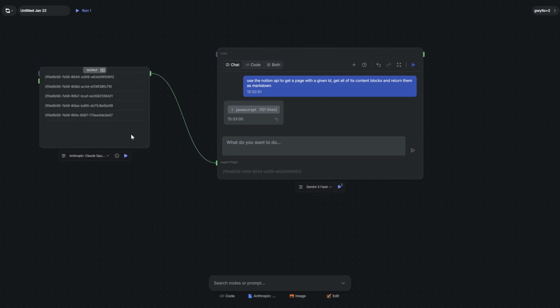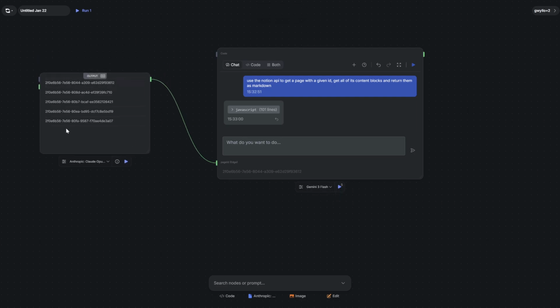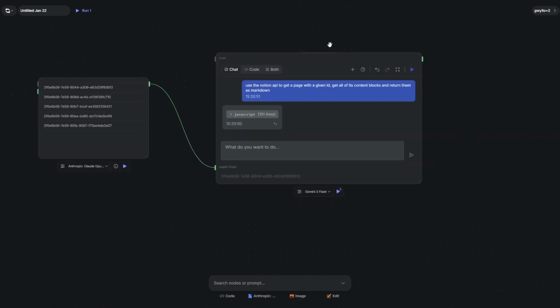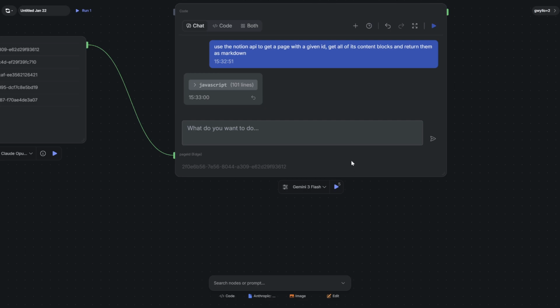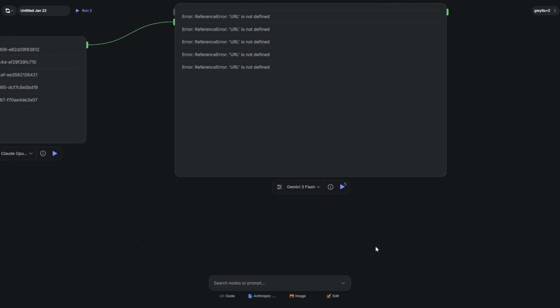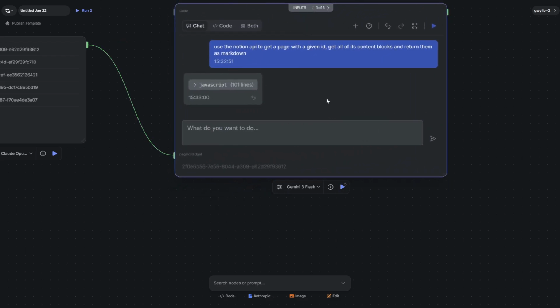And something that's really nice about Runchat here is we've got 5 pages, and with this node we don't have to worry about data structure or anything like that. It's just going to run our code 5 times in parallel, once for each page. Okay, it's saying reference error, URL is not defined. That's probably because it's using URL somewhere in our code. We don't want that. Don't get URL, just get the page content blocks and return them